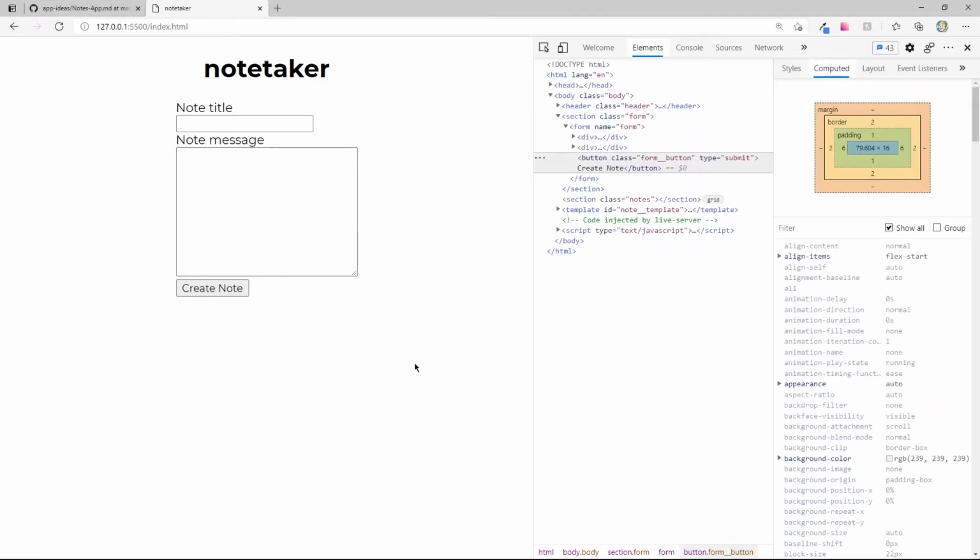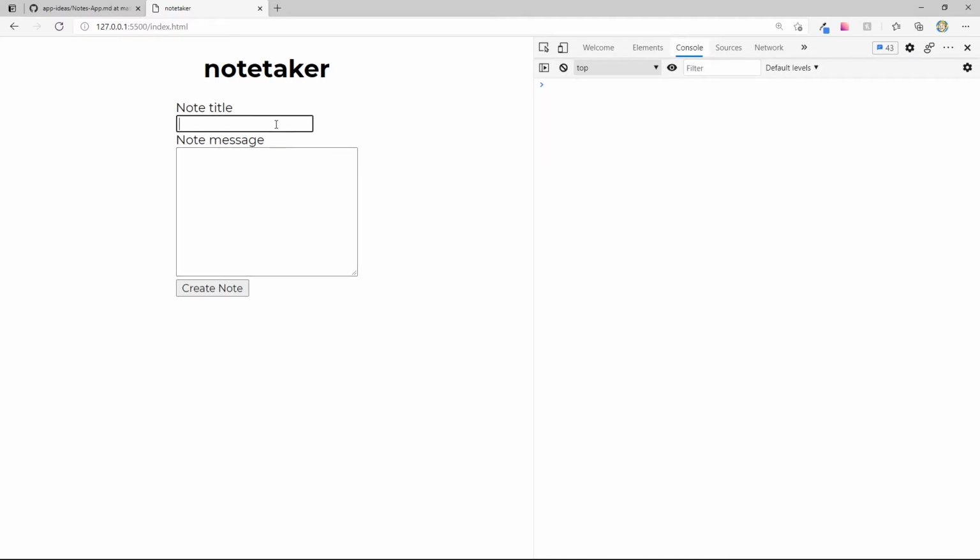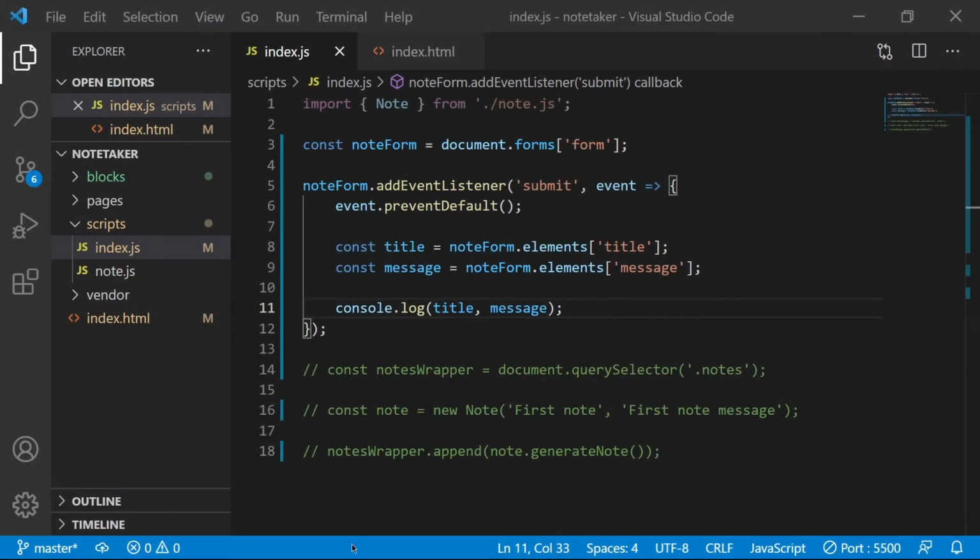Okay, let me refresh here. Let me go to the console and clear all this out. I'm going to say first note, create note. Okay, so we did get the elements, but we need to actually get the value from each one of them. So let's come here and say dot value,